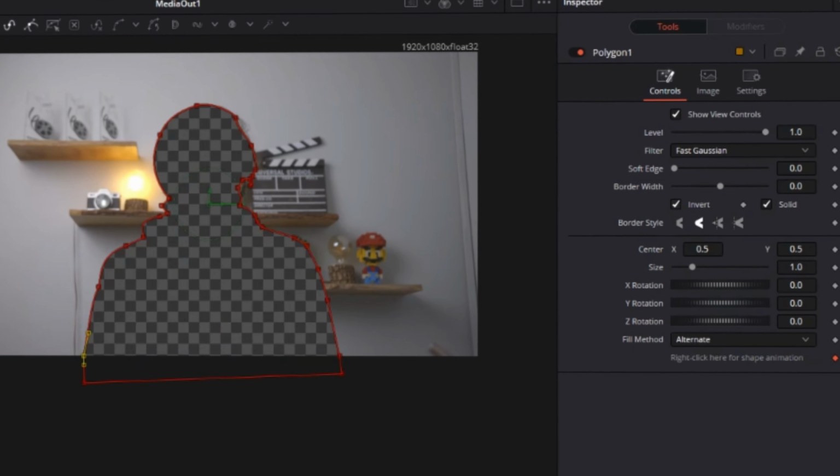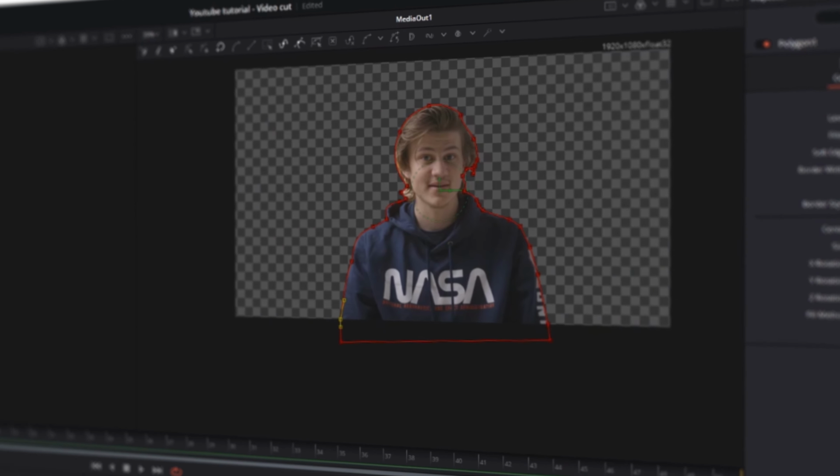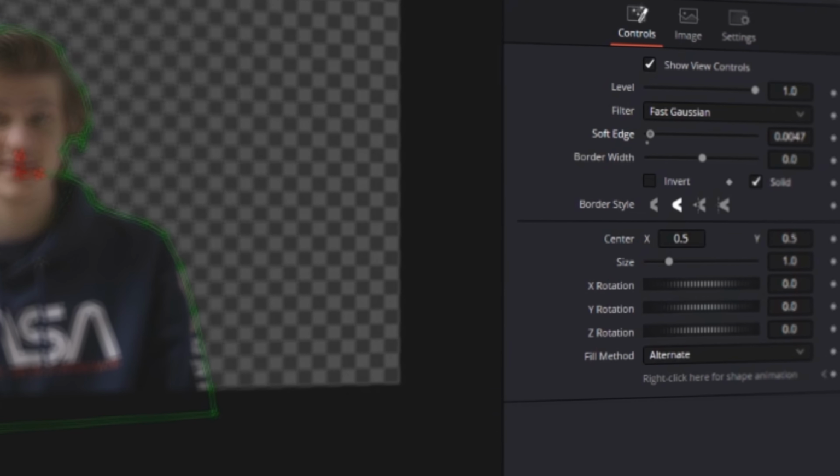After you drew your mask and connected the sides, you will now need to re-invert your mask so that you're above the texture you placed and not the background. We just need to add a little bit of a soft edge to make the mask blend a bit more and not be so hard and defined. For me, I use the 0.005 soft edge, and you can use whatever you want,